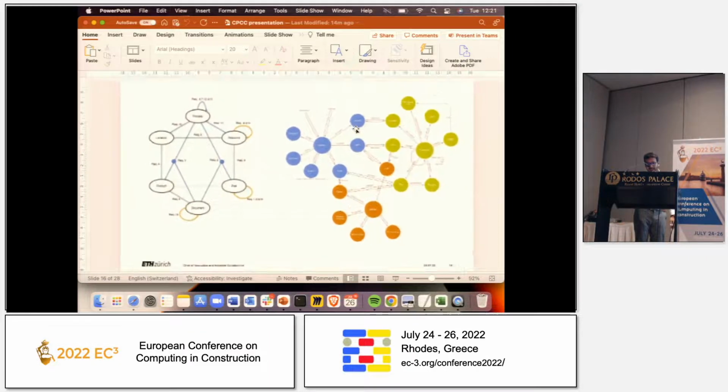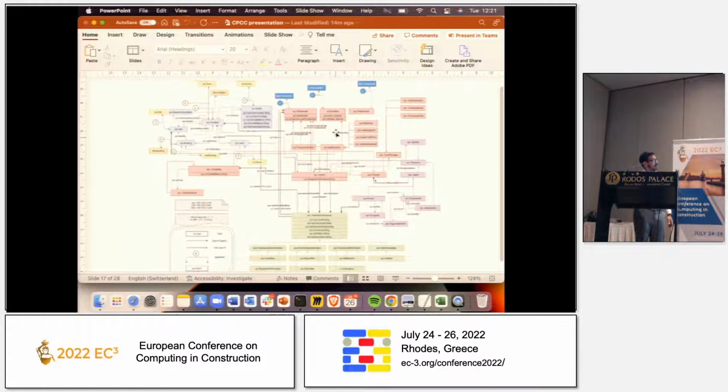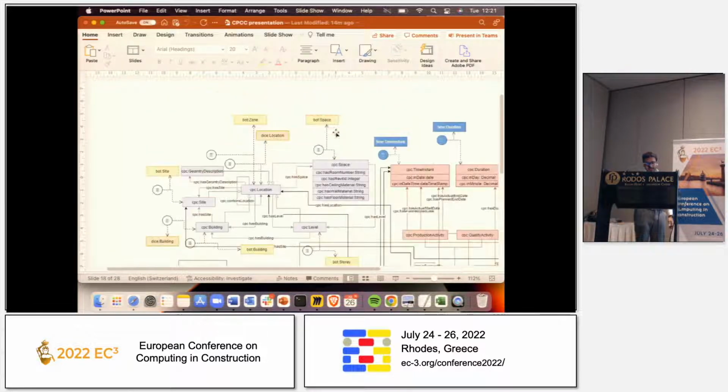Once we had that, we started developing the ontology, which is rather large. I hope that we can go bit by bit. As I said, one of the main parts was the location. So we use the BOT ontology and the DICE ontology to define the location. We have the BOT site and CPC site, which are together, and we have the geometry. Then at the site there would be the building, then the story, then the space, and then the particular building elements. And for all this, we would have